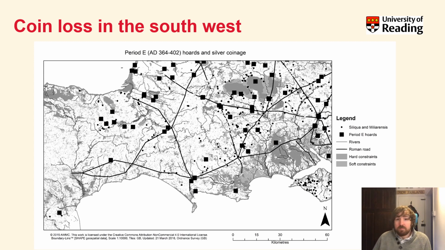And so one of the main aims I've got is, by combining lots of different evidence and not just thinking about the distribution of silver coins and silver coin hoards, as you can see here, that when you actually start looking at it as part of a wider whole, you start to notice interesting things.